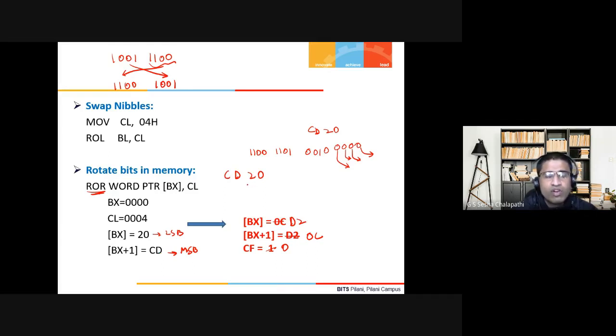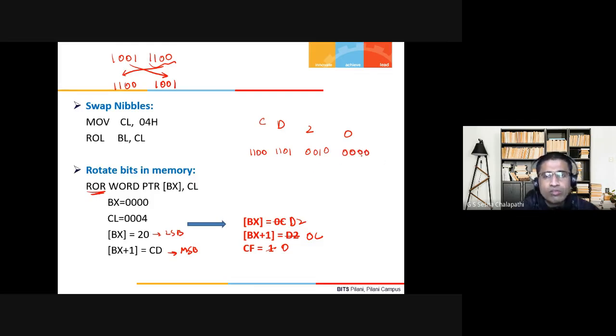Now 4 bits of rotation. What does that mean? Let me put CD20 in a single line, it will look better.